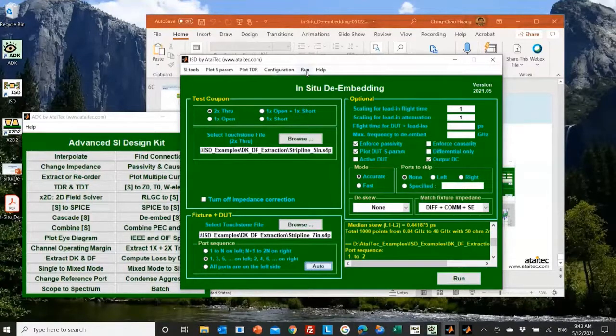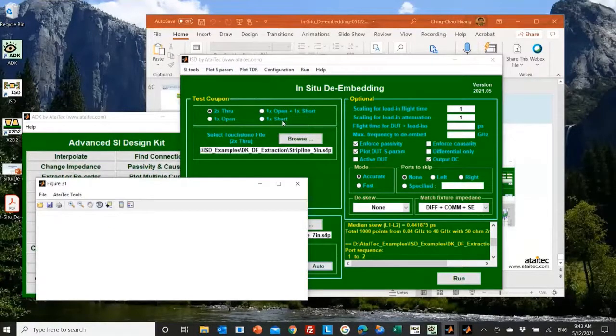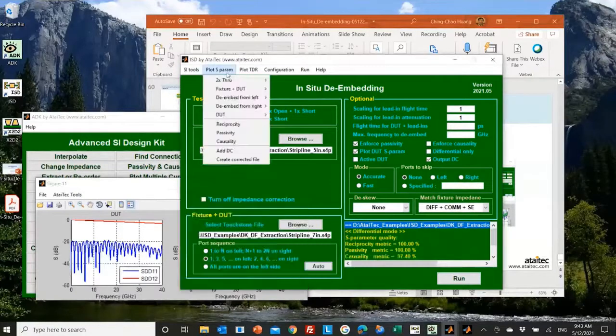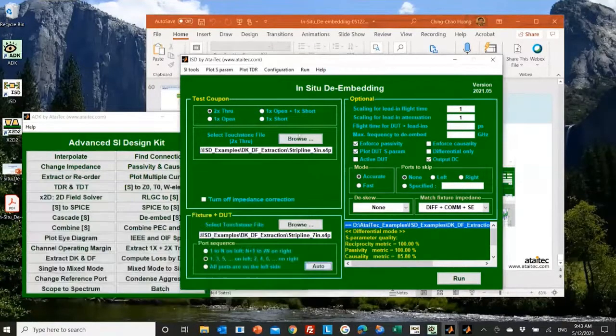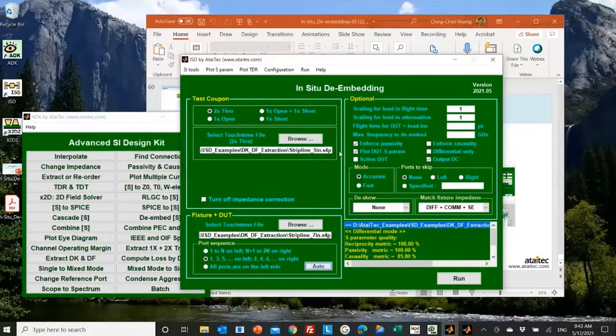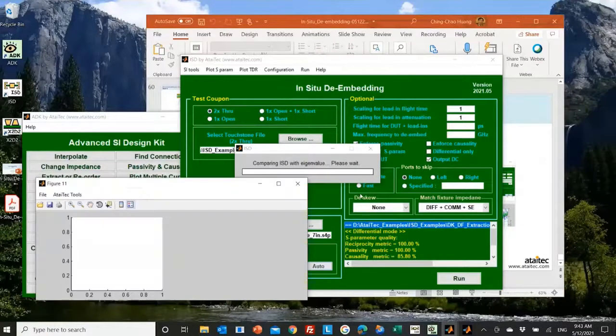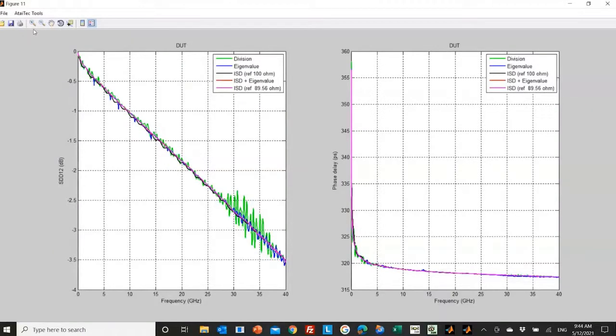It shows the results. And after we got the results, we can plot S parameter, DUT, for example, in differential mode. We can plot the embedding file, differential mode, for example, like this. And you can certainly compare the results with delta L just by clicking one button. So let me blow it up here. And so just by clicking one button, you can see that